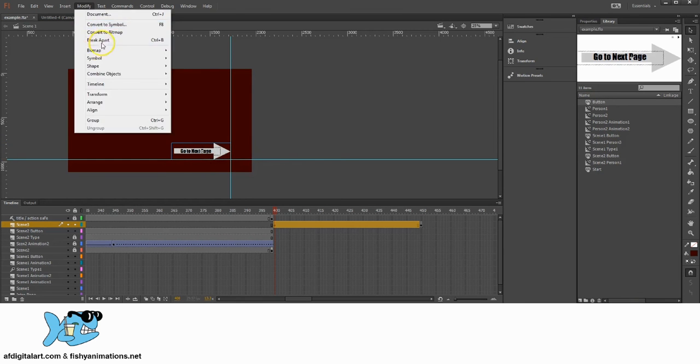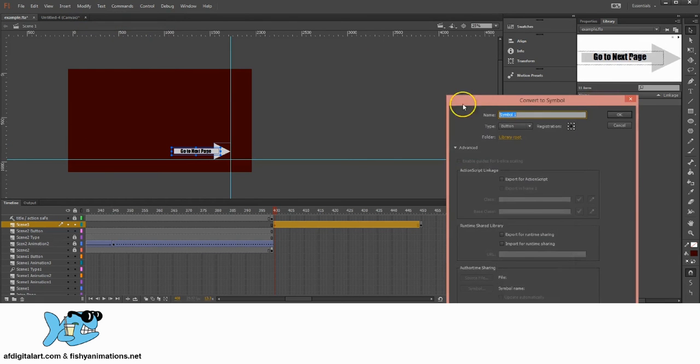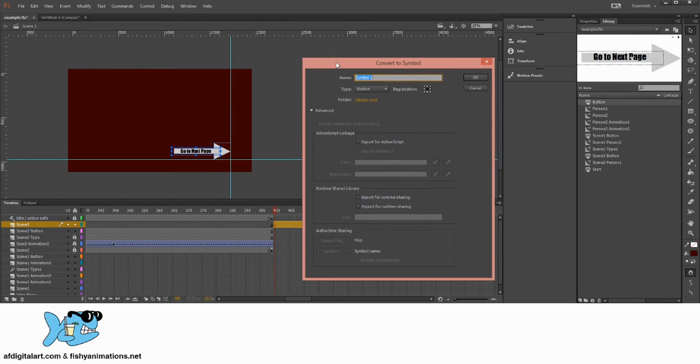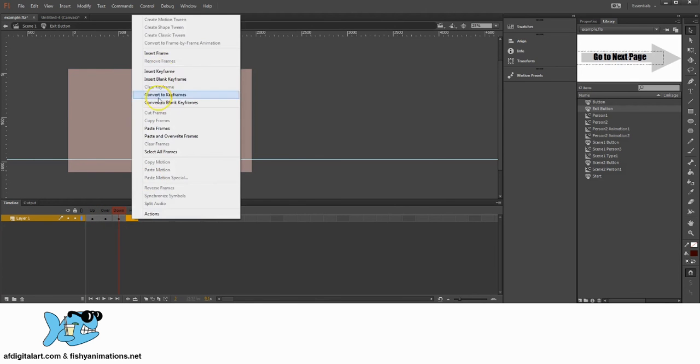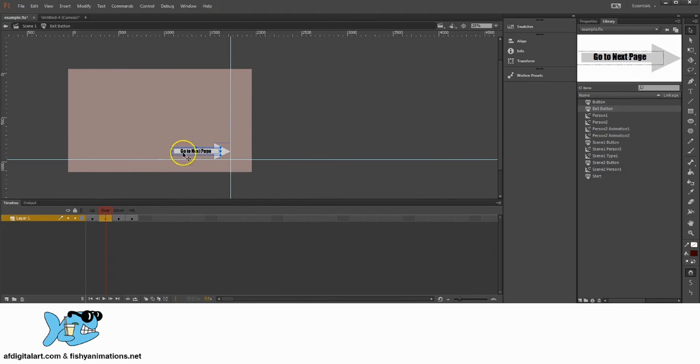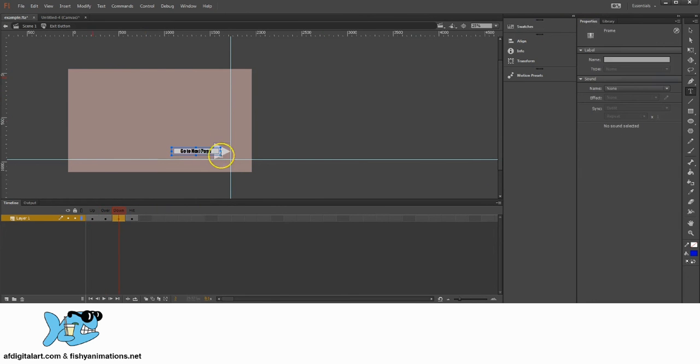Select it, modify, break it apart, and then we'll immediately go modify, convert it back to symbol. Let's just call this exit button. That makes sense. Center, it's a button. Remember, we got to go back into it, build all the keyframes back in. If you recall, over is we got to change all its properties. So down,